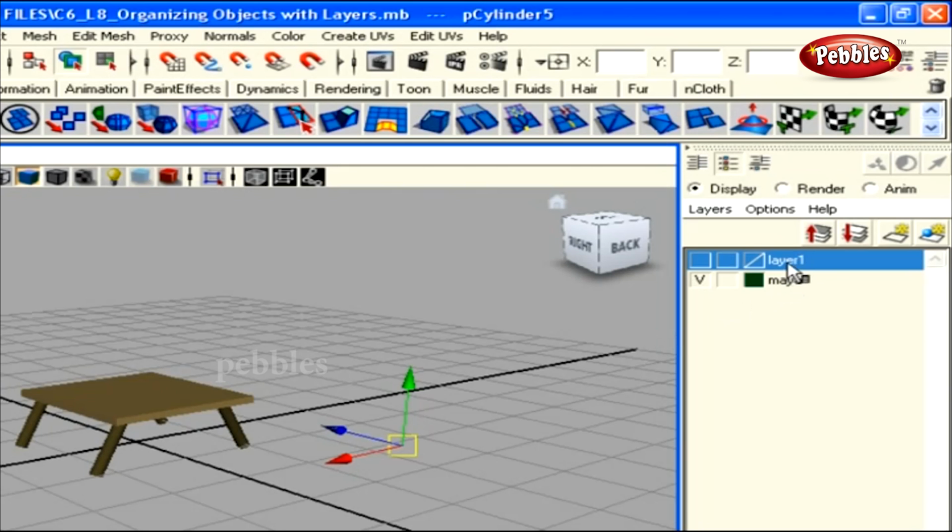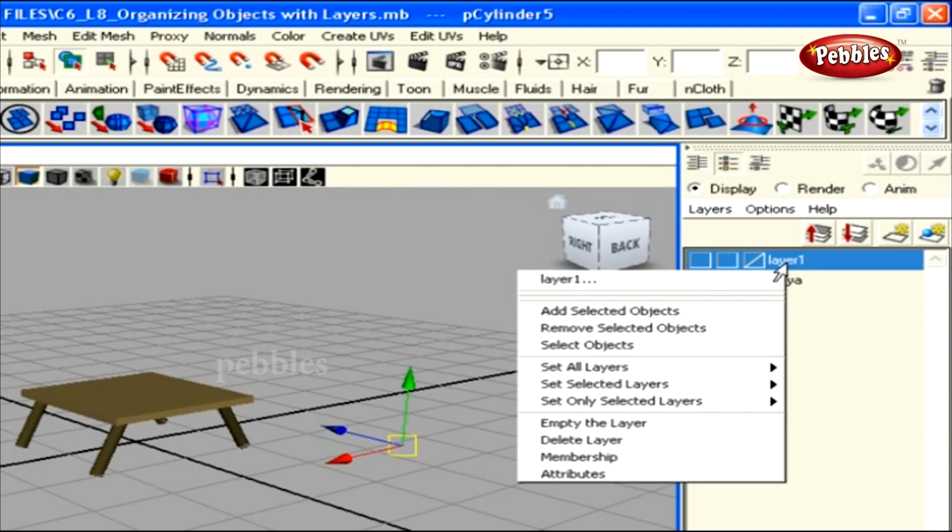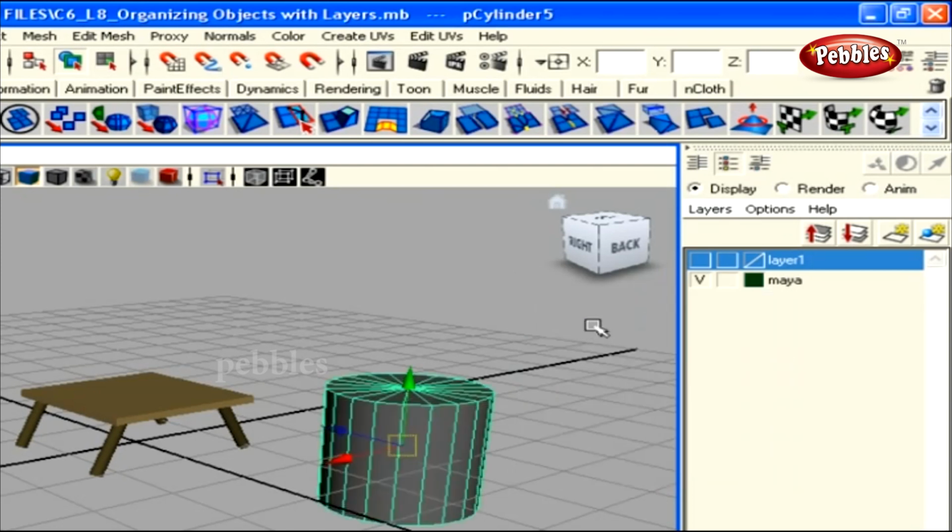Now, how do you remove an object from a layer? Well, you remove the object the same way that we added it to the layer. Again, with the object in selection mode, you right-click over this layer where the object has been placed, and then click Remove Selected Objects. There you go, simple as that. Now if I go ahead and click the same visibility icon, watch, the object doesn't disappear, it still remains in